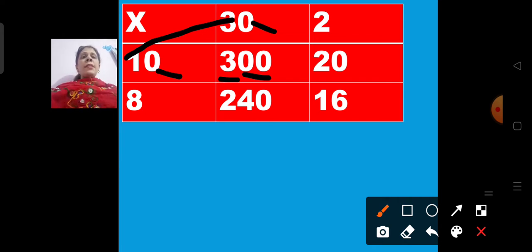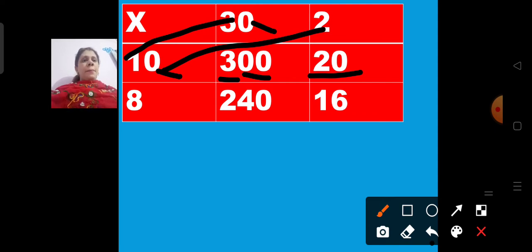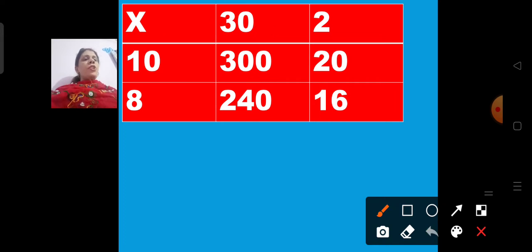Okay. Next step is 2 tens. You are going to multiply 2 tens. Now you know 2 tens are 20. So you are going to write 2 tens are 20. After writing that, now the next step. So we finish this, now we have 320.